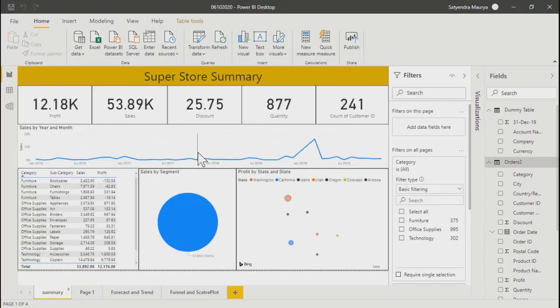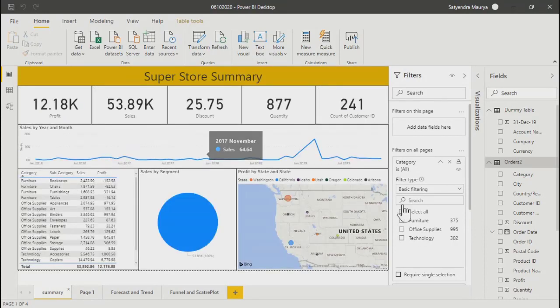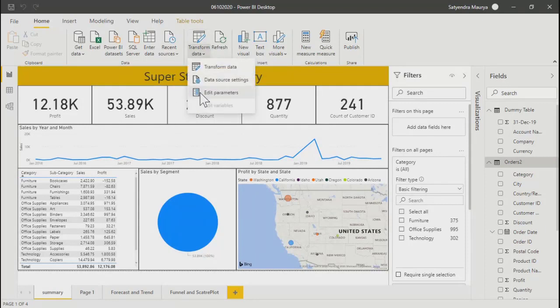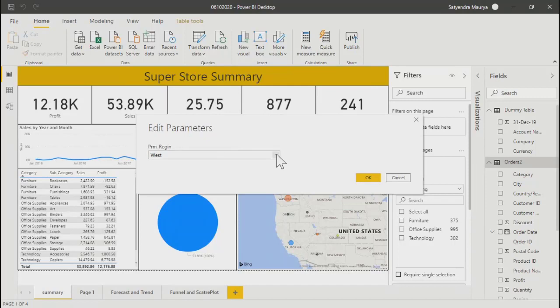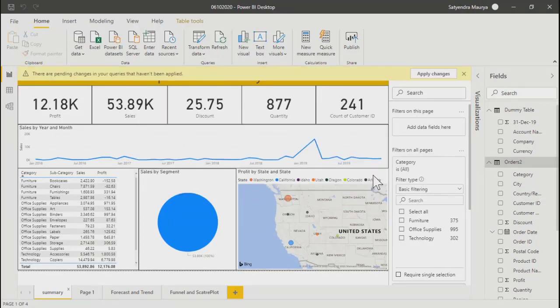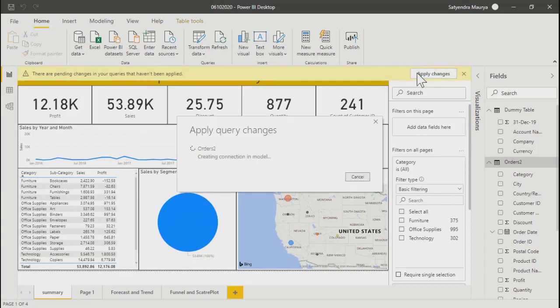Generally, as a developer, this will help you to test your data. This is not for the end users, because you can deploy this, but it will not appear there for end users. But as a developer, you can change these values and test your data. West is there. Now if you select east, you'll get the new values accordingly. Any question in the implementation of parameter?